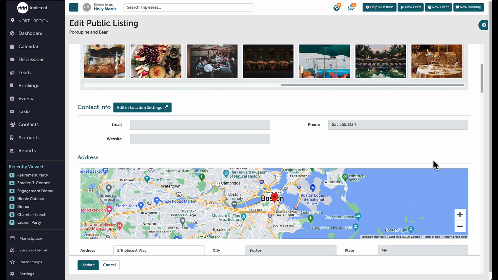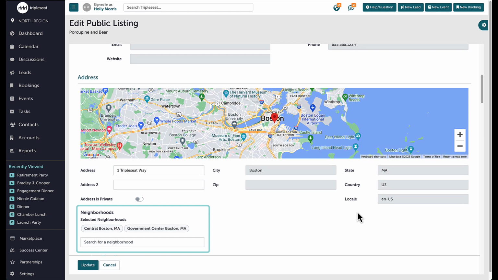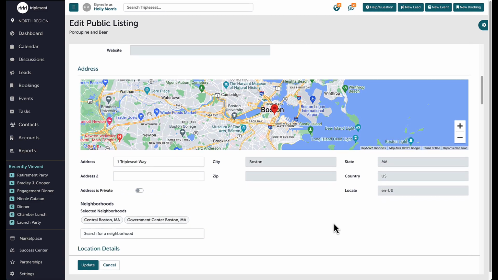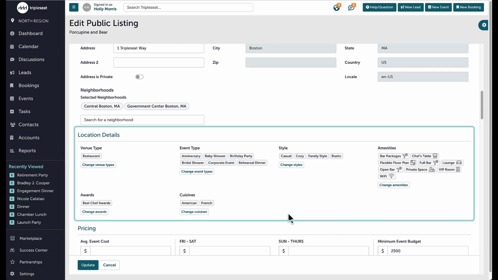Next is my venue's address. The Google map will automatically populate once the address is entered. Specific locations can be selected if a venue is in a larger city, such as New York City or Los Angeles. After that, I want to check off all that would apply to my venue, like the type of venue